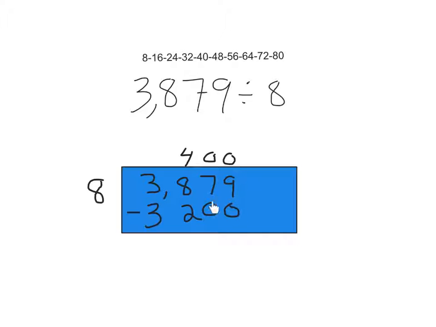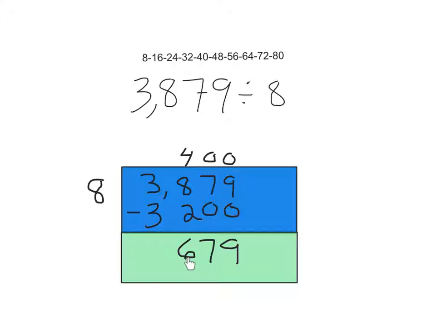I do a quick check for trouble coming. I've got none, so I'm good to go. And that means I'm going to make my next area box and do my subtraction. 9 minus 0 is going to give me 9. And 7 minus 0 will give me 7. And right here, 8 minus 2, hey, that's going to give me 6. Superb. And 3 minus 3 zeros out, so I'm ready to move to the next step. So now I'm looking at 8 going into